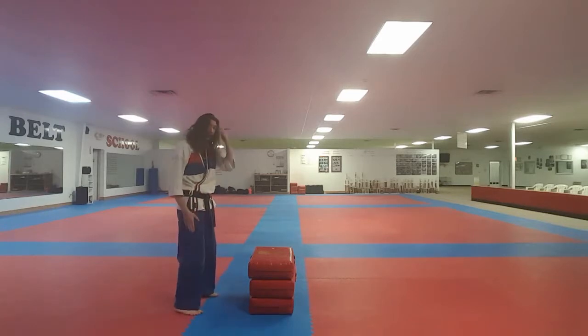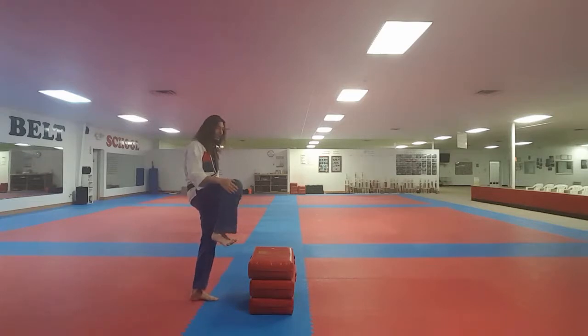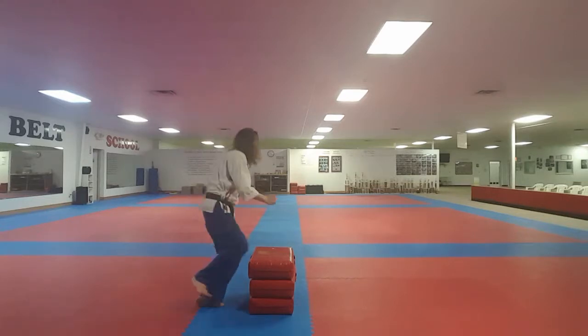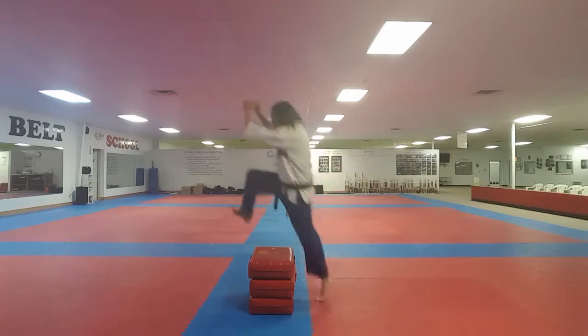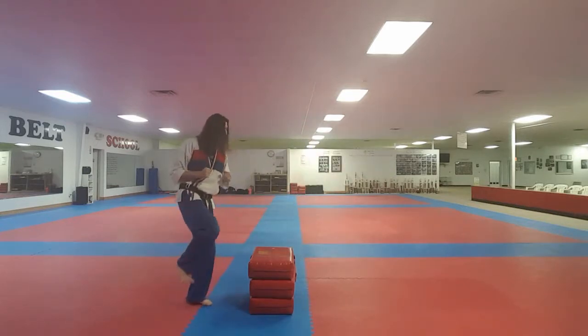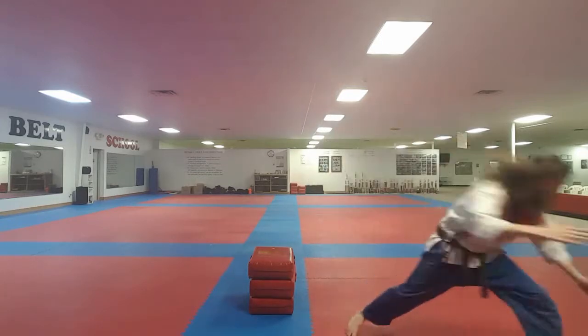I'm going to take my kicking leg. Again, I'll use my right leg as my kicking leg. I'm going to lift it up and hold it in the air, standing nice and close to what I'm going to jump over, and I'm going to jump and land just on my left leg here. And what I would do is give myself a certain number of repetitions that I'm going to perform with this, and I'd go to that number. Once I've hit that number of repetitions,